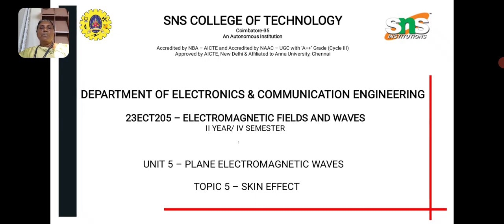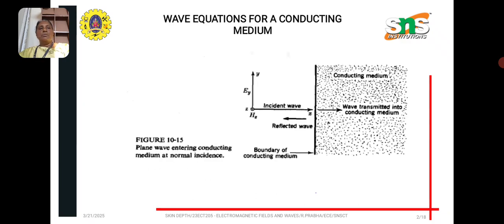In this video, we discuss the topic on skin effect for the course Electromagnetic Fields and Waves. So, wave equation for a conducting medium: we are considering a conducting medium having conductivity sigma and the incident wave at the conducting medium having two field components. One is the electric field Ey and the magnetic field Hy,